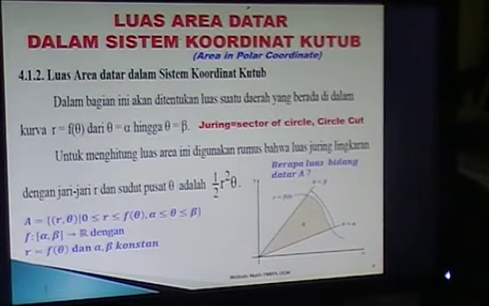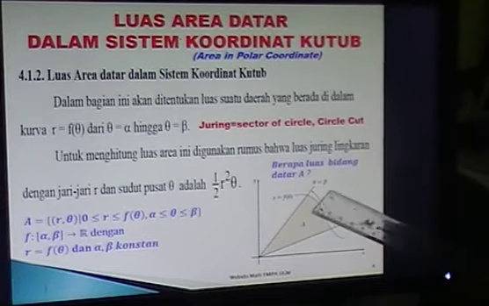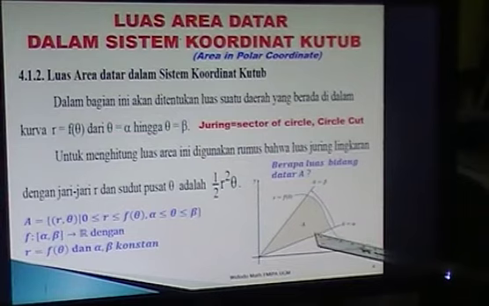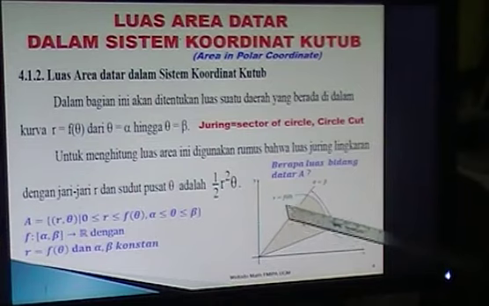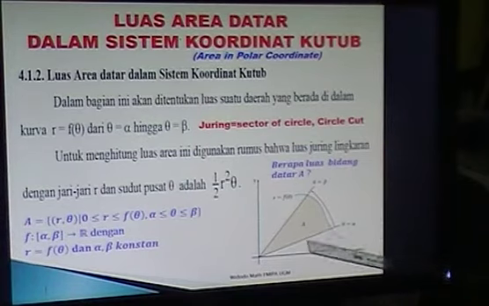Before continuing to prove the formula of the area in polar coordinates, we describe the area as follows. Suppose we have the area A here, restricted by theta equal to alpha, theta equal to beta, and restricted above by the equation r equal to f theta. So this A or R is actually a flat area.